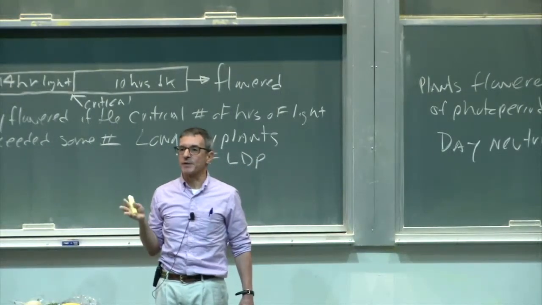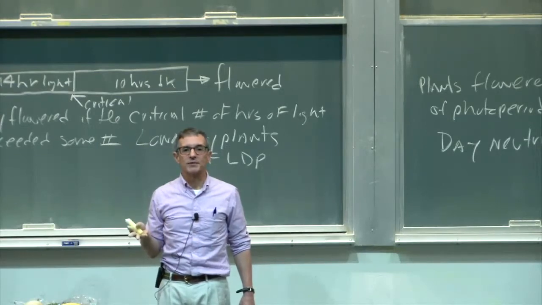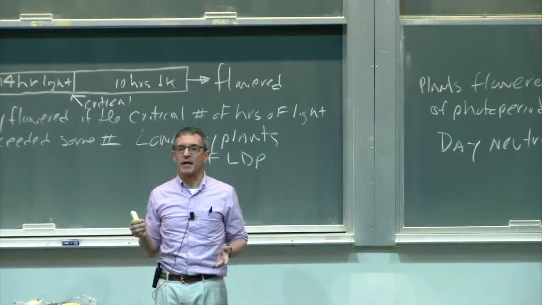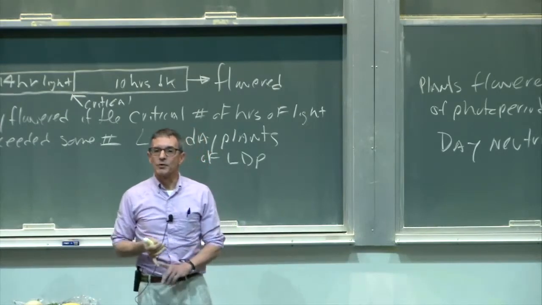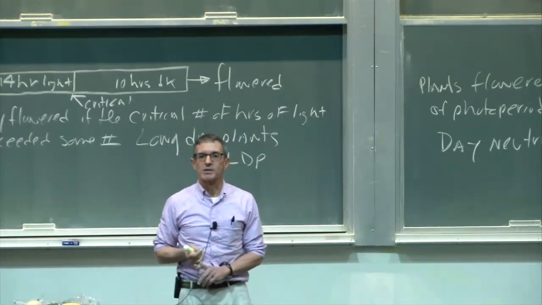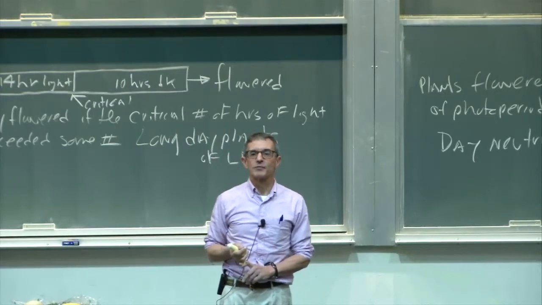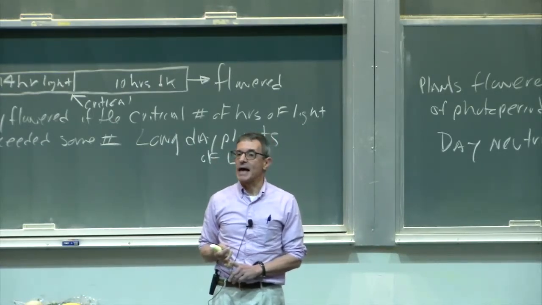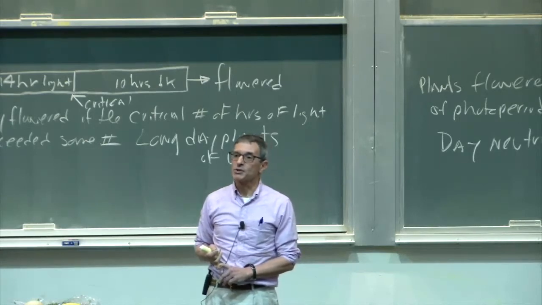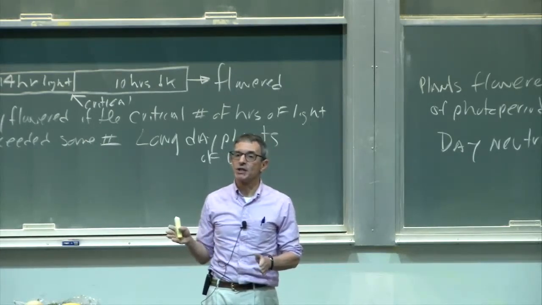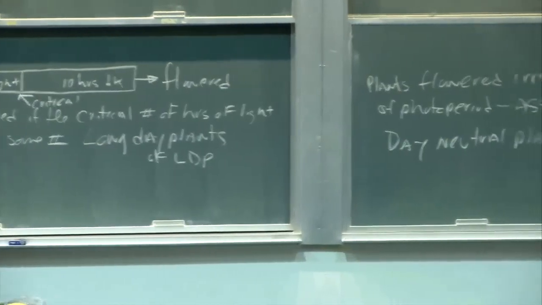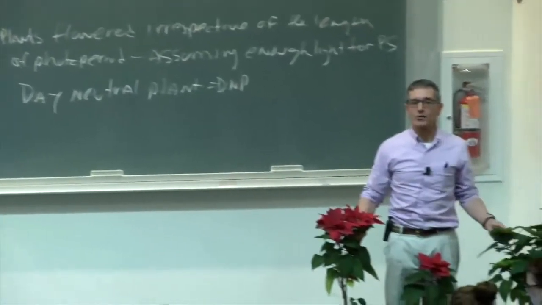This was a profound observation because it allowed people to manipulate the environment in which plants were growing to have plants flower and be ready to flower at particular times of the year simply by manipulating the photoperiod. All of you know that chrysanthemums are generally in flower around football season, or Easter lilies flower at a time when Easter comes, although the date of Easter can change each year. Or this plant over here, a poinsettia plant, is always in flower around Christmas time.